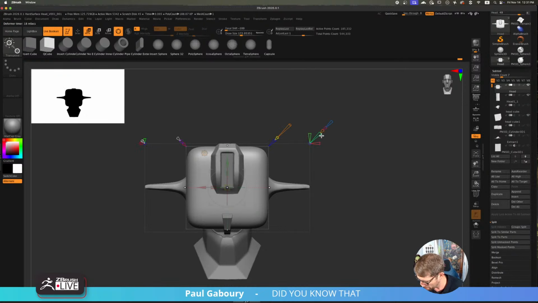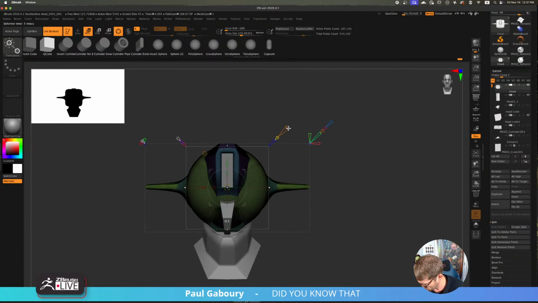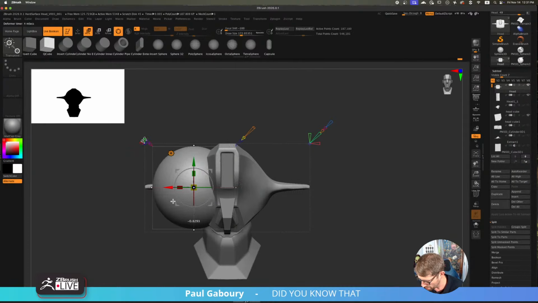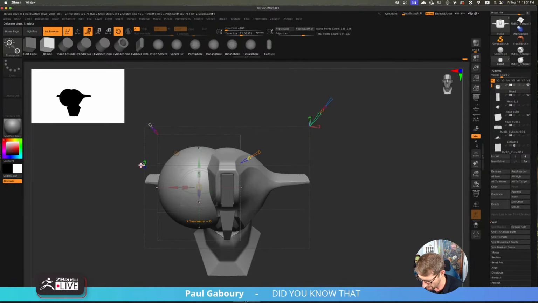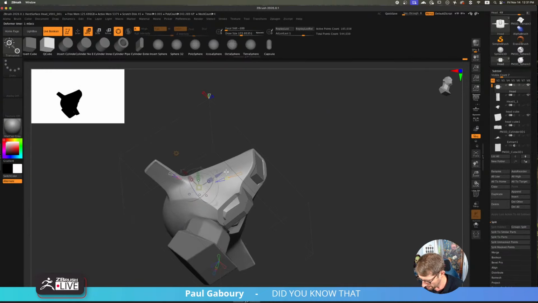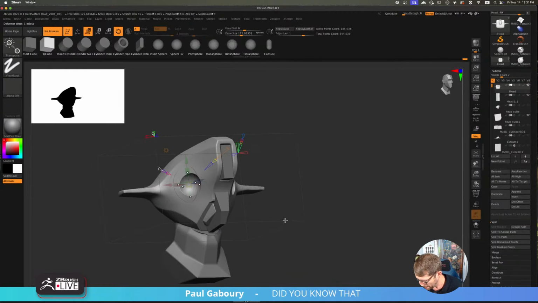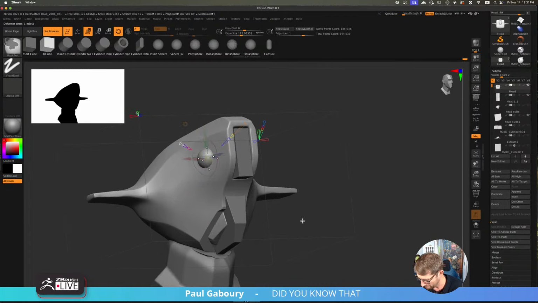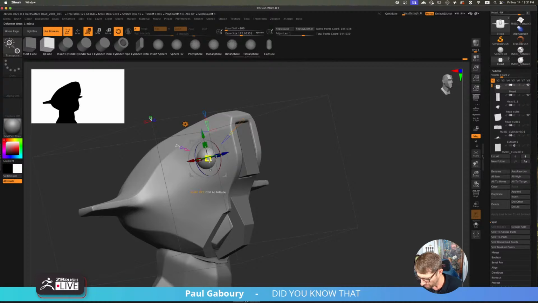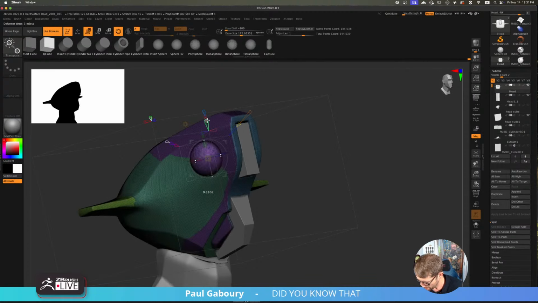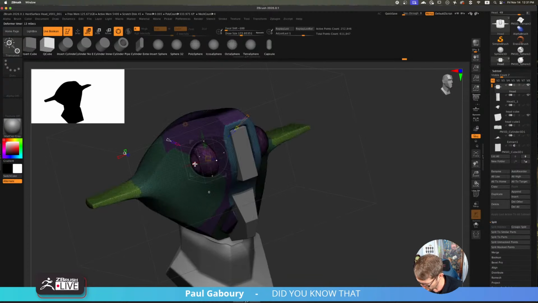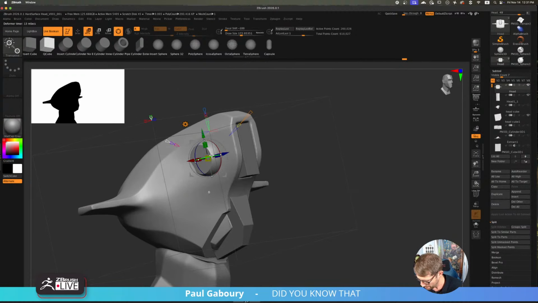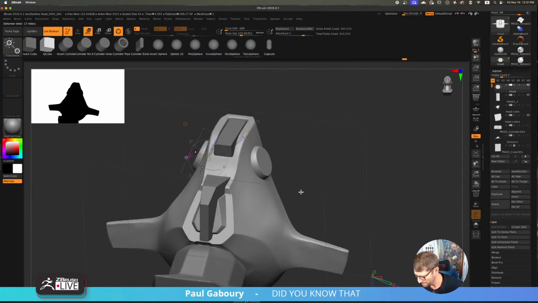Let's do a project primitive again. I'm thinking round. Let's make it symmetrical. Let's make it really tiny. It's too eye-like though. I don't like that. I'm looking for something a little bit more like this. Let's up the resolution and then let's make it flat. And now let's play with this.